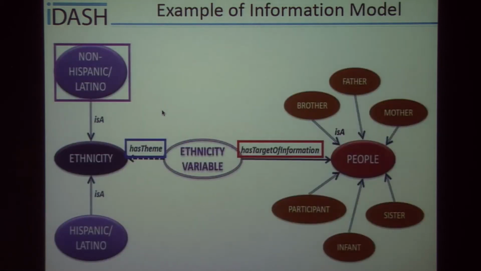An example of an information model, and I've highlighted the key points that I just annotated in the descriptions. So the theme, the target of information, the event, and their linkages between those key points of information to describe relationships. So the next step for that process was to develop information models like these for non-demographic related variables.